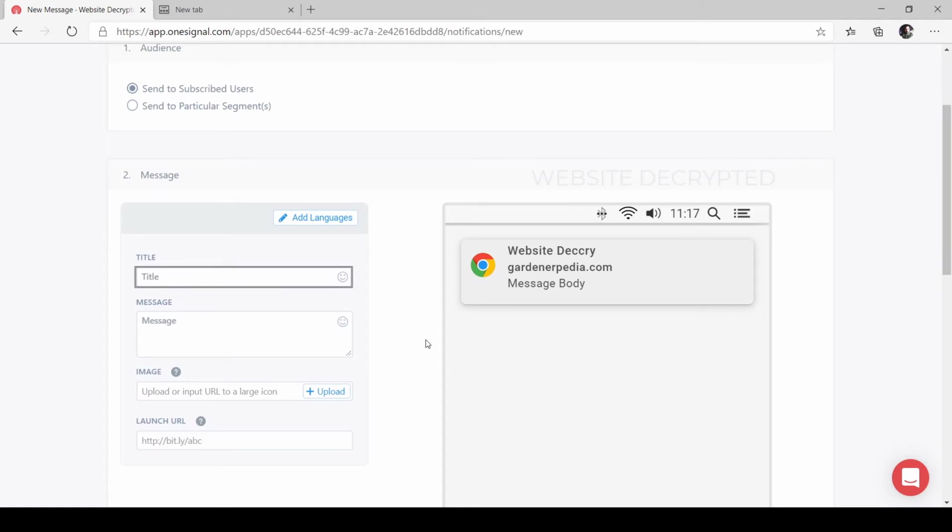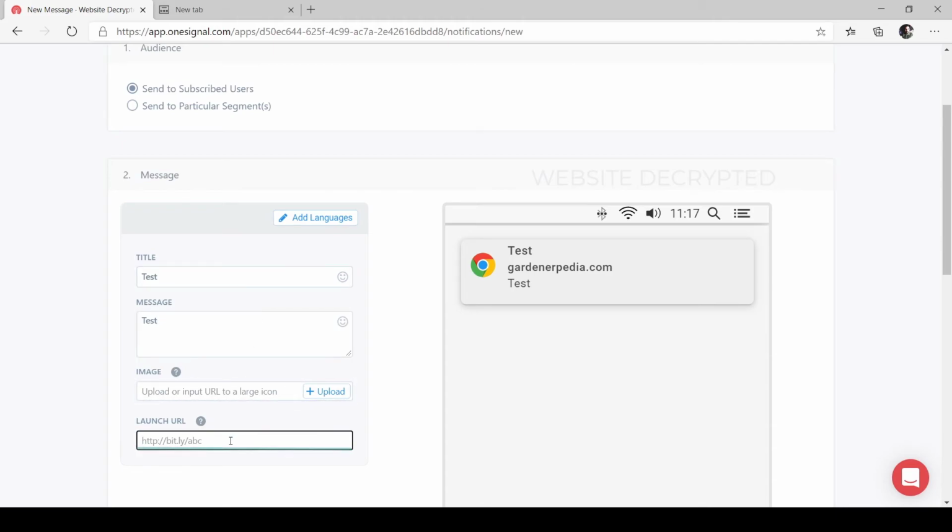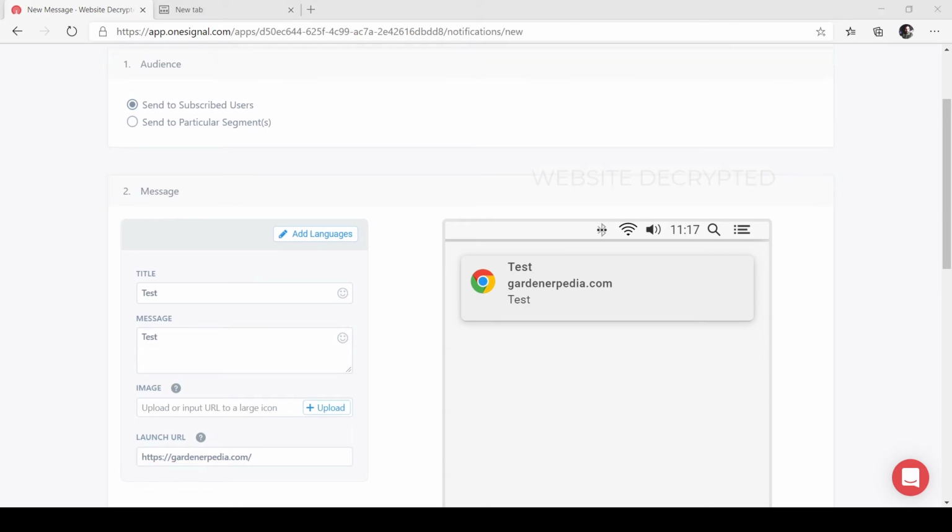Enter the title and the message. If you want, you can also upload an image. Finally, enter the URL. Make sure to follow this format.